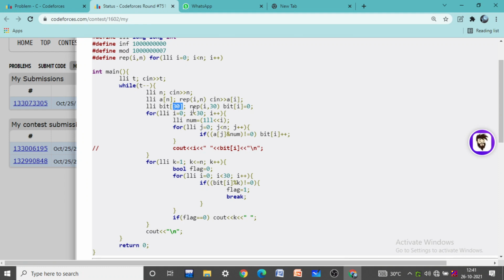So I can range from 0 to 29, so in total the size of bit will be 30.